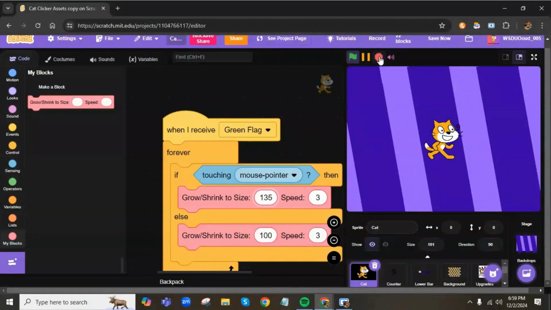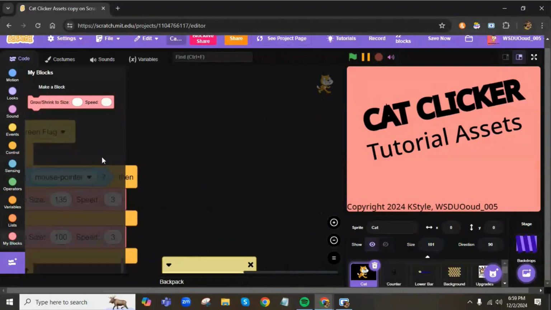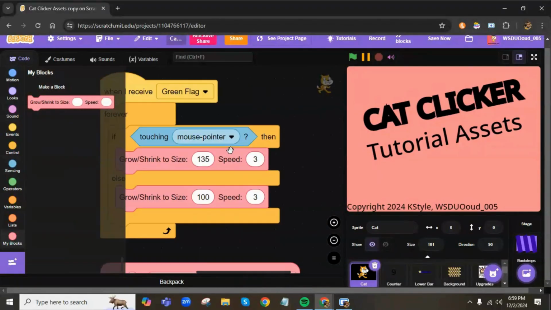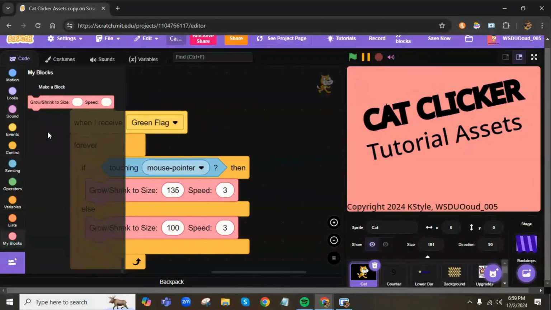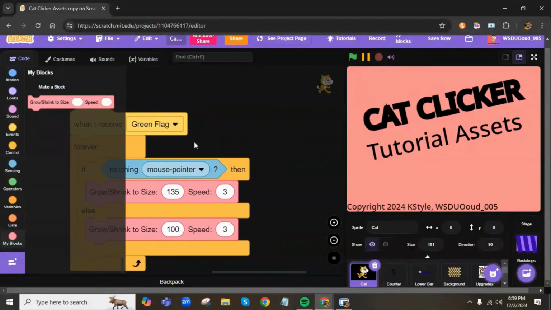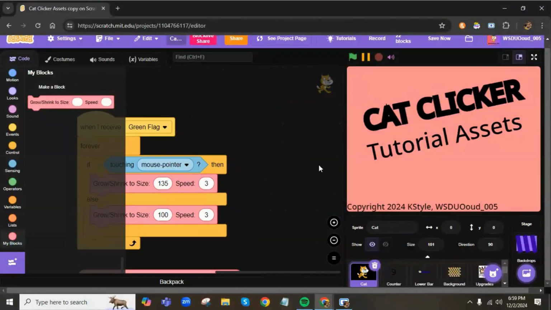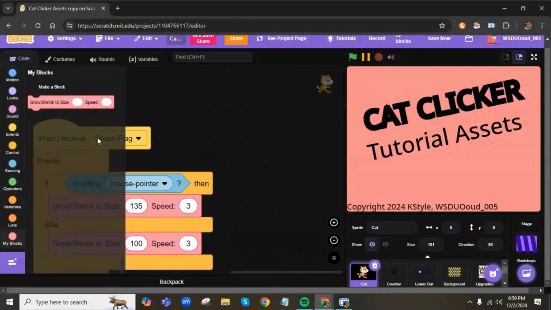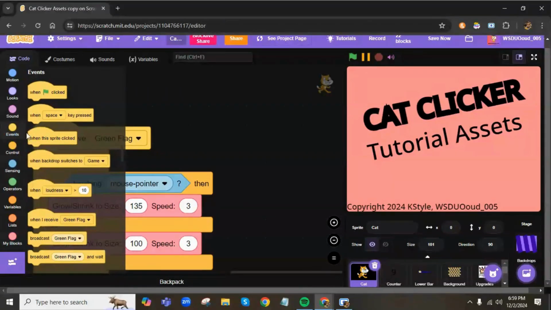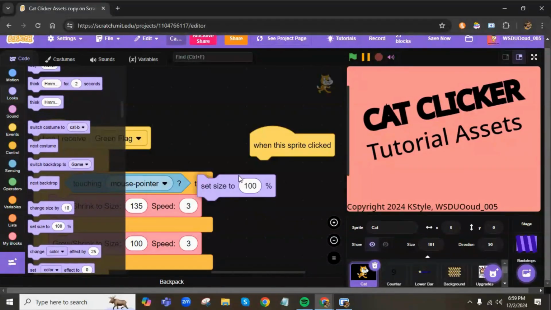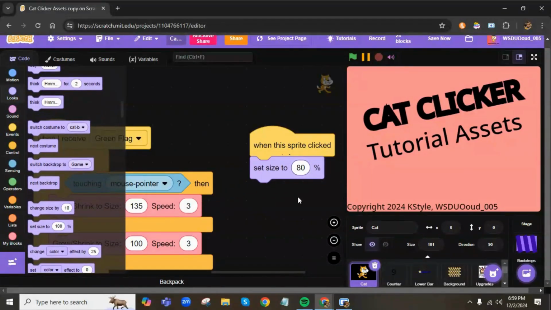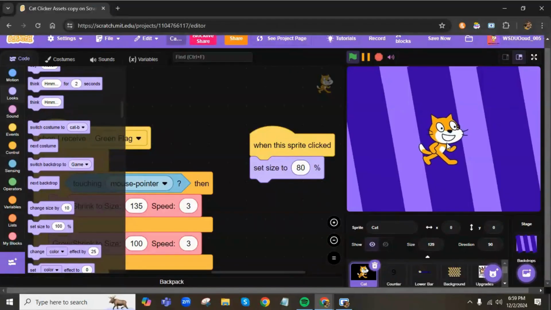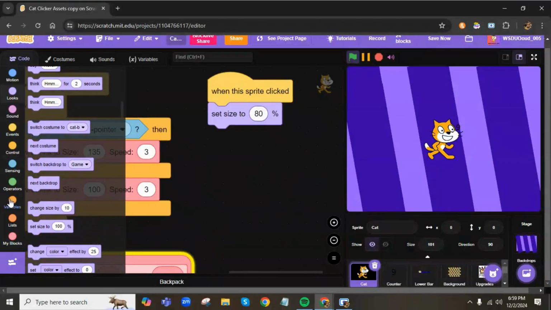That's great. Alright, so now what we're going to do is let me delete this comment. Wait, is there a limitation? Alright, there we go. Next, when this sprite is clicked, set size to 80. Testing that. Alright, so now what we're going to do is